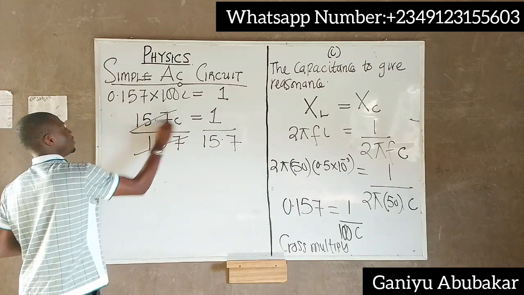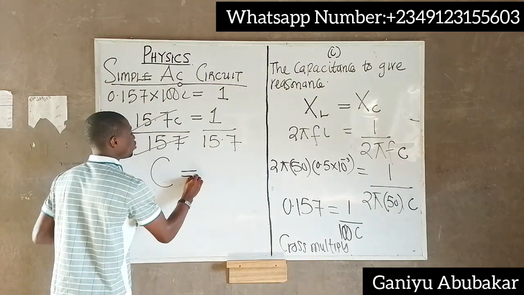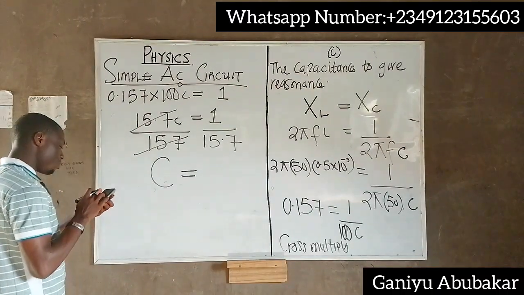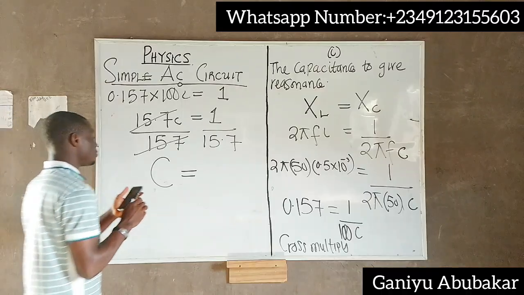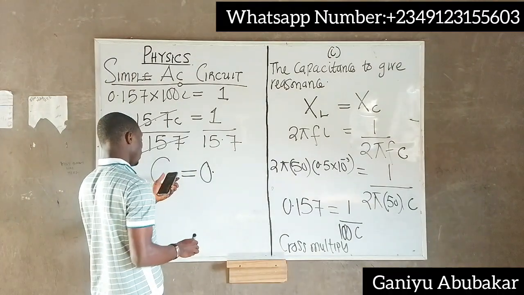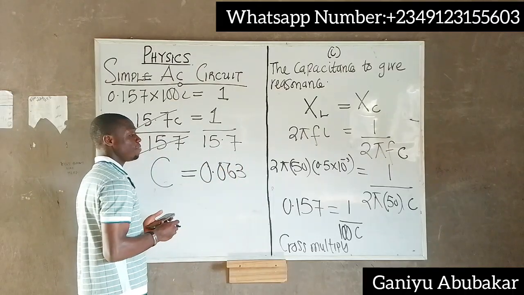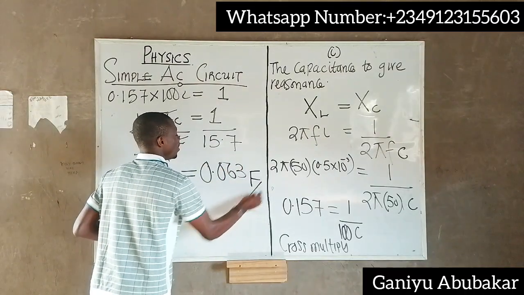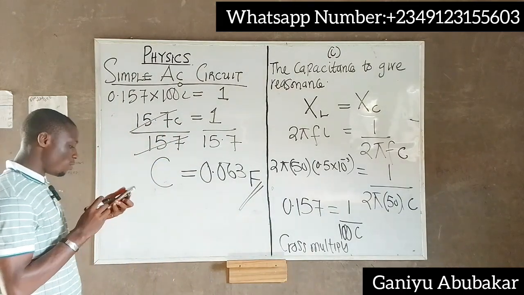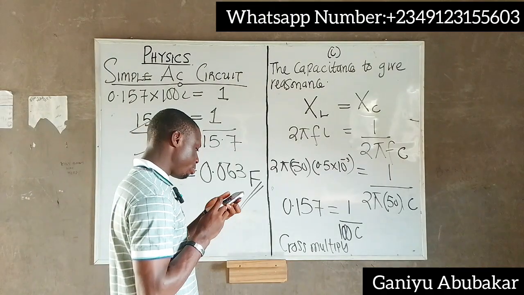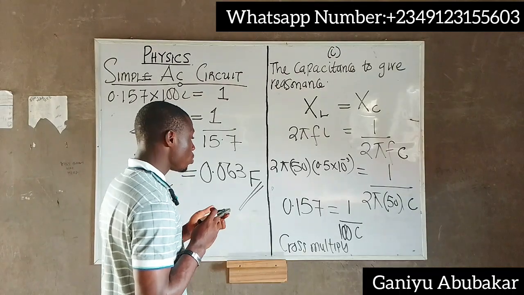So C, which is the capacitance, is equal to 1 divided by 15.7. This gives me 0.063. Capacitance is measured in farad, so I have F here as my farad. So this is the value for